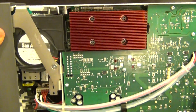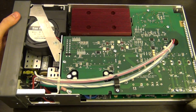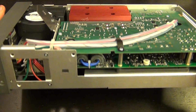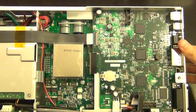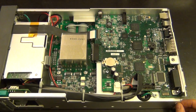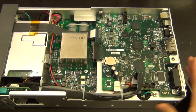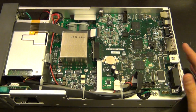Otherwise, it's very, very nice. Again, to be expected from Keithley, nothing out of the ordinary, and this is a very, very complex, very compact unit that they have built, and obviously they've done a really nice job here, and everything is tied down, all the cables are tied down. I don't see a lot of glue on the bigger capacitors. I guess they don't really expect this thing to bang around very much, but so far it seems nice and